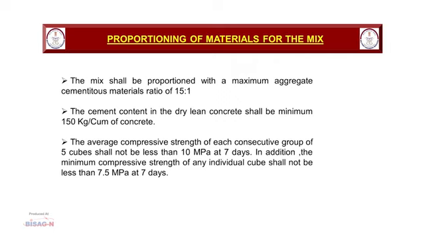The mix shall be proportioned with a maximum aggregate to cementitious materials ratio of 15:1. The cement content in the dry-lean concrete shall be minimum 150 kg per cubic meter of the concrete. The average compressive strength of each consecutive group of 5 cubes shall not be less than 10 MPa at 7 days. In addition, the minimum compressive strength of any individual cube shall not be less than 7.5 MPa at 7